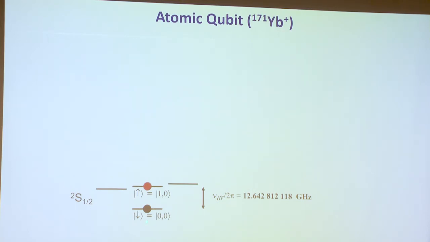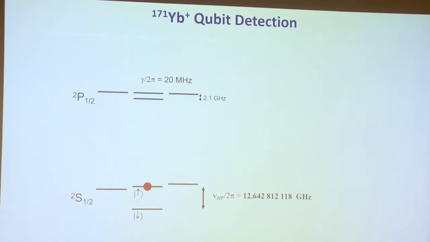Sometimes I call it up and down, spin up and down, 1 and 0. And we can store information in an atom using these two levels, but we can also read out the information by gating a laser beam that's on resonance. These atomic ions are optically active and they fluoresce. So when we shine light at a certain color, in ytterbium, it's 369 nanometers, UV.